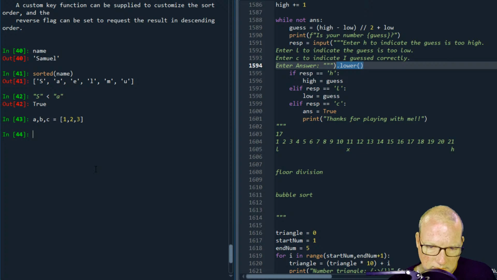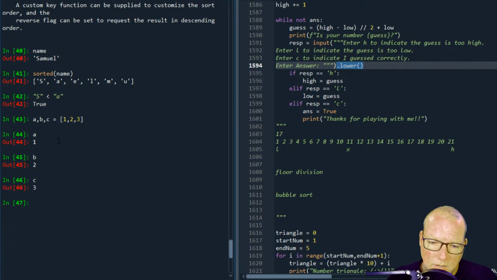This is a completely legal statement. I have 3 variables and an object with three indices. So when I now call A, I get 1, B, 2, and C, 3. I unpacked this. I knew this had 3, so I knew I needed 3 variables.